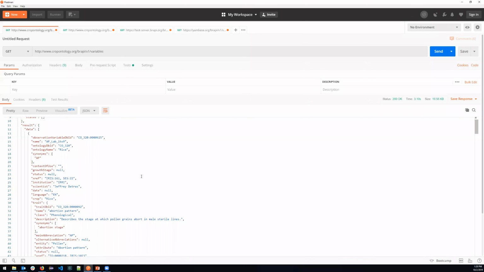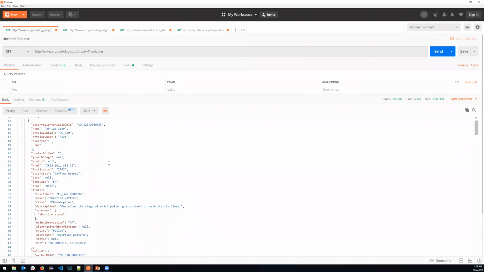So I think this group is particularly interested in ontologies and variables. Those are the examples I wanted to pull up. I've run these ahead of time. Again, this is the Postman tool that I was talking about earlier. I use this all the time for just testing purposes,